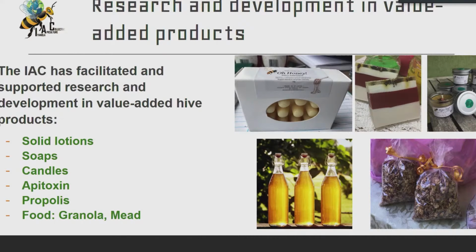So some of the stuff we've done, we've worked with a young lady by the name of Shakira Roberts, and we produce a solid lotion. So rather than you having a lotion in a plastic bottle, she infuses it with a number of other products. There's a solid bar, but when you rub it on your skin, it melts on skin contact. So that's an environmentally good product to have. It's less plastics and comes in a nice little paper box, and it's very good. We've done soaps, we've done candles,